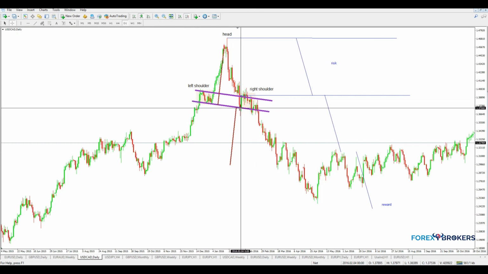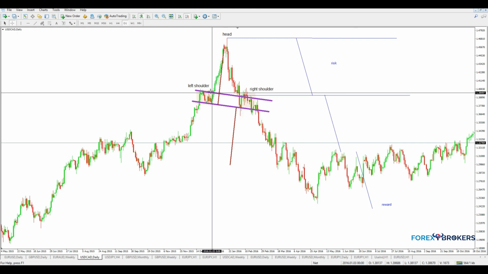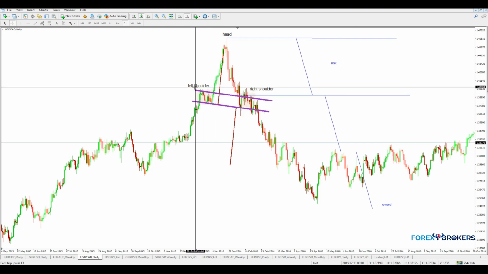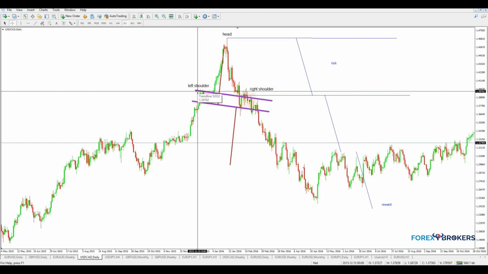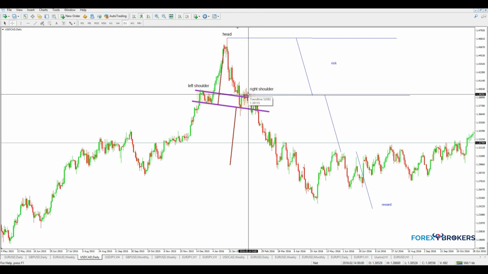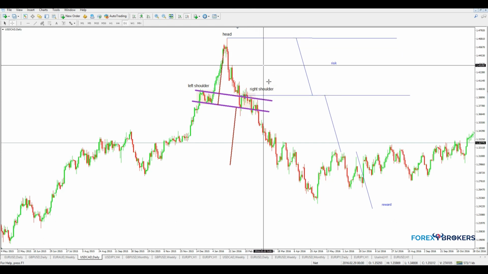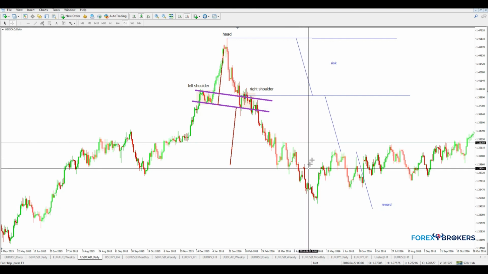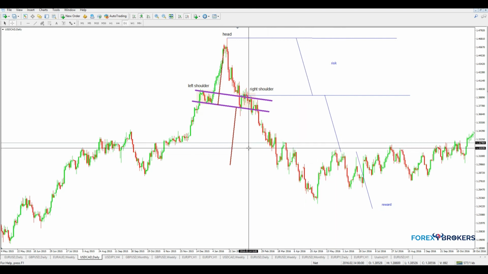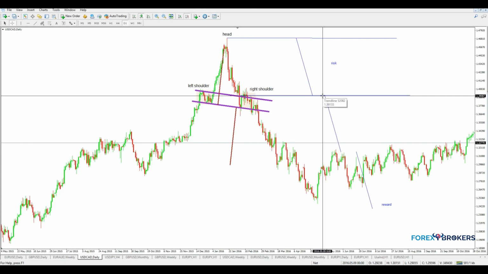Draw the neckline. We already know the neckline from here. Copy and project it from the highest point of the left shoulder. This would be the entry price. And then going short here, risk at the top. 1 to 2 risk reward ratio goes all the way to here. By the time that it reaches 1-1, because we are in the measured move, book half of the profits, move the stop loss to break even, and this is how you trade the head and